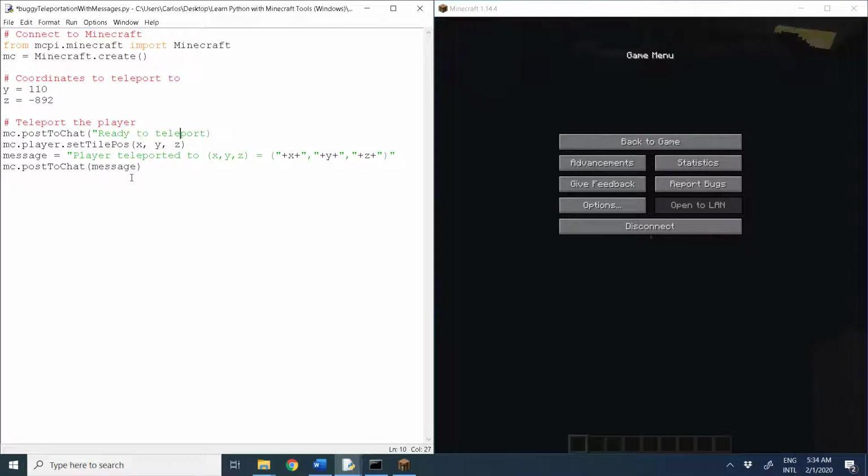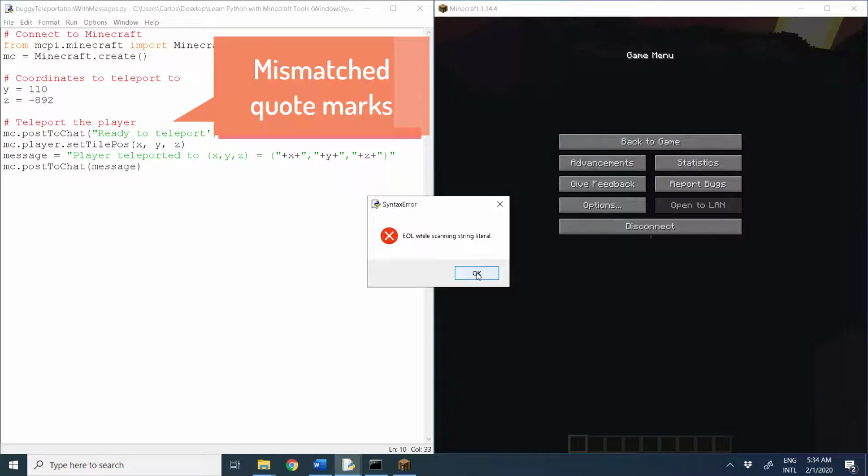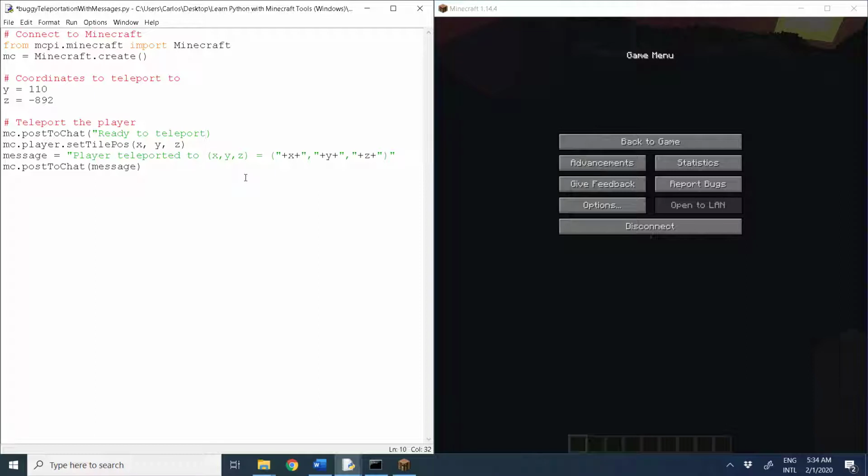Now I'm going to introduce another error here. And you should probably know what this error is now. So I'm going to run it, and it says EOL while scanning string literal. So whenever you see this, it's very likely that you used the wrong quotes. So I used double quotes to open, so I should use double quote to close. I could also use single quotes everywhere, and that is also fine as long as the opening and closing quotes match. I run this,